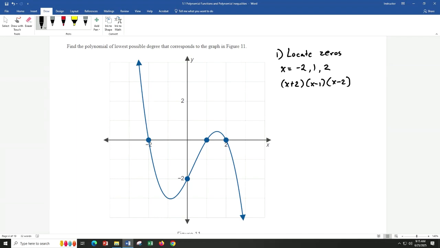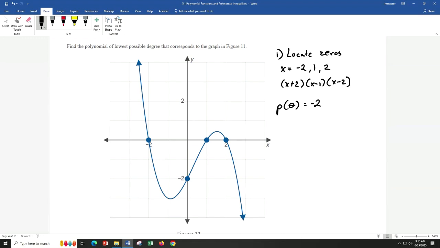Yeah, it says right here, look at the graph. When x is 0, y is -2. So watch this. P of 0, we know that's -2. So let's plug in what we know. When P is equal to 0,